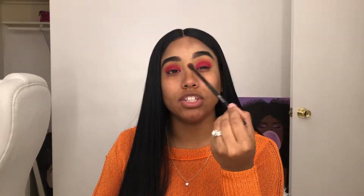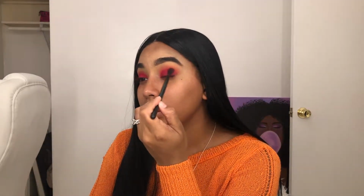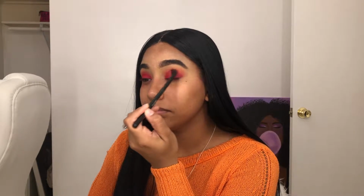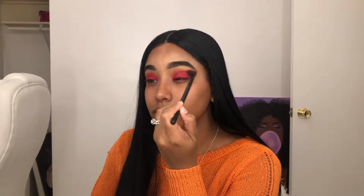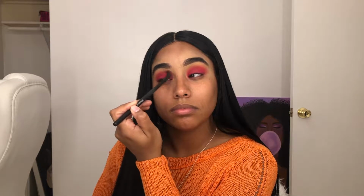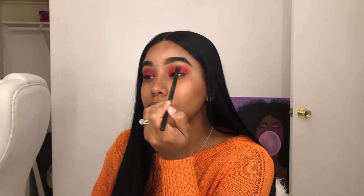Okay. So now that we've pressed that onto the lid already, I'm going to go back in with the same fluffy brush, and now I'm going to blend these two colors together. Okay, so now that that's blended, now I'm going to go in with another fluffy brush,